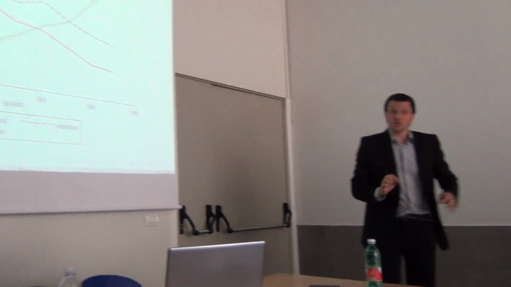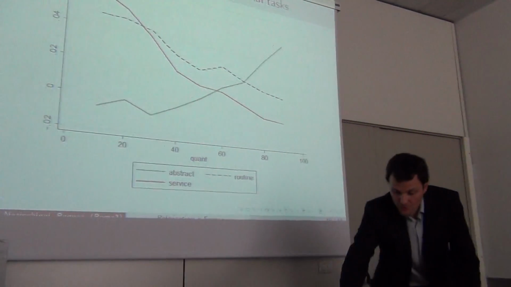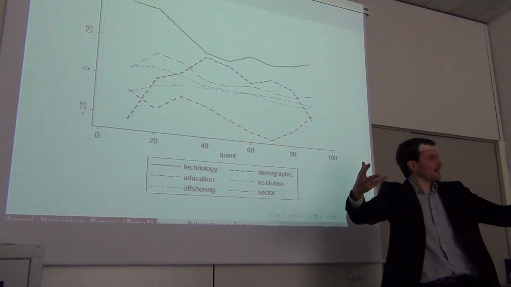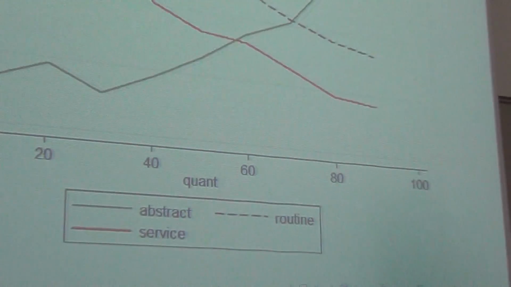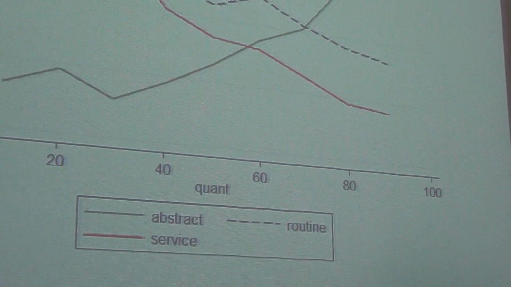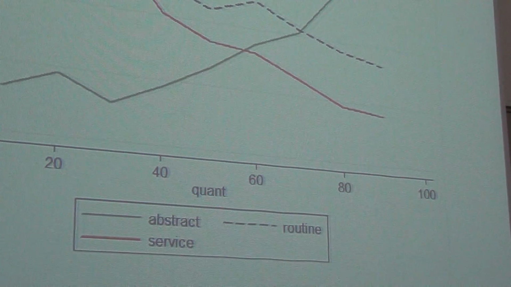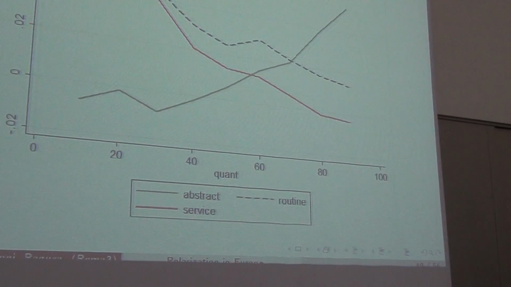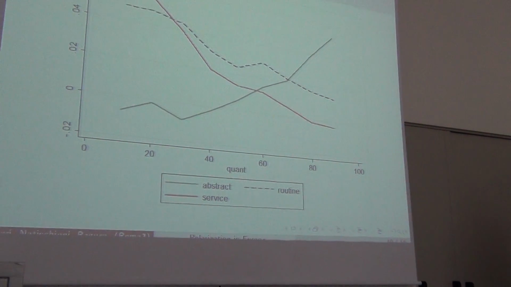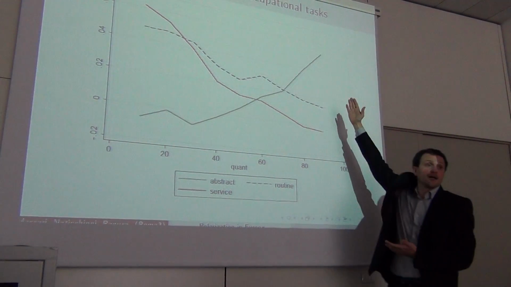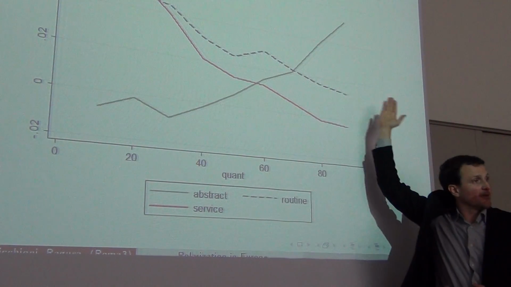Now, in the next slide, I show you, which is, I think, the most important of this part. So this U-shaped impact can be decomposed into the three variables I told you. And interestingly, you have that abstract has an impact on the upper tail of the distribution. This is clear, no? If you have a cognitive job, it pays the most, in this part of the distribution it is increasing, okay?